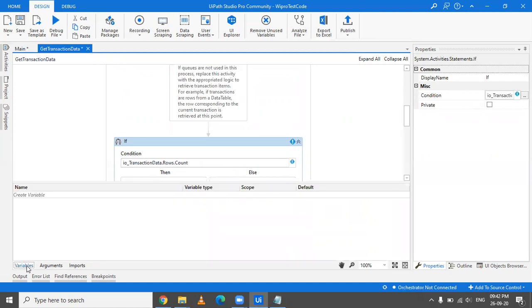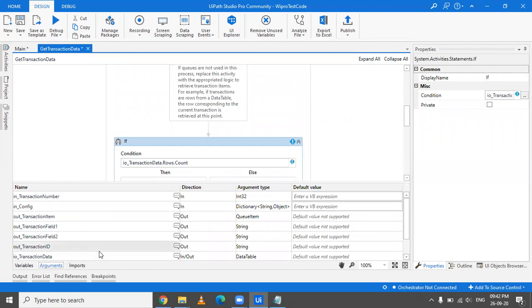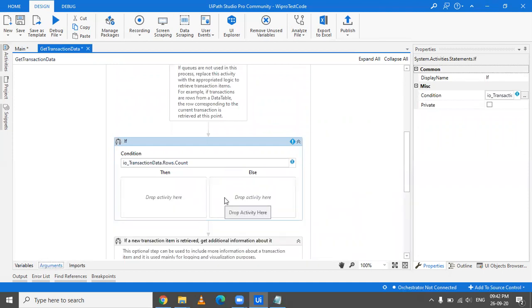So this rows dot count would work in the case when your transaction data is a data table. Okay, so ours is a data table. That means we are iterating on each row of the data table. And you will only keep extracting until you reach the end of your data table. You won't extract further than that, otherwise it would give an error.